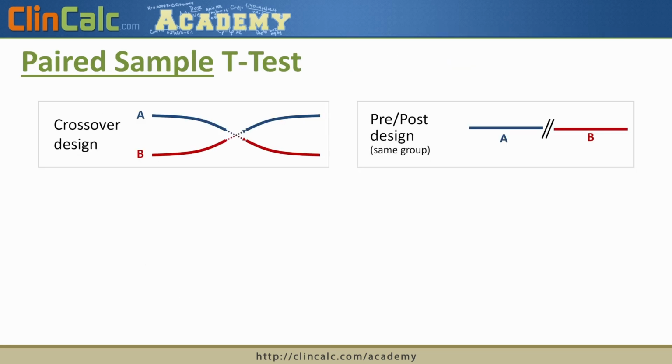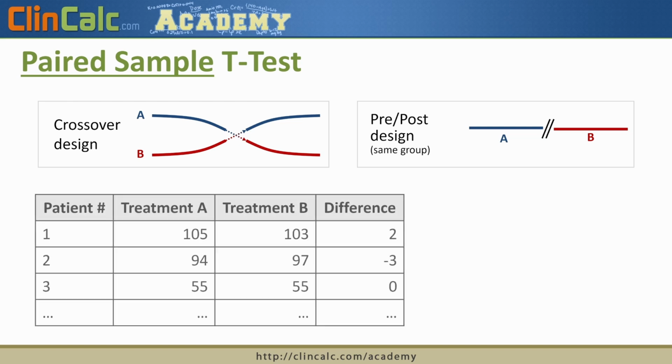We have a t-test just for that. So instead of an independent sample or an unpaired t-test, we also have a paired sample t-test. And this is used when we do have a crossover design or a pre-post design where we're studying the same group 2 different times. So as an example, imagine that we're comparing blood pressure and we give patients lisinopril for